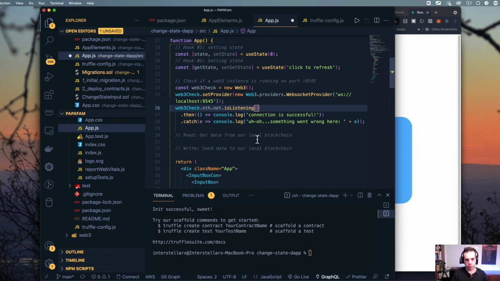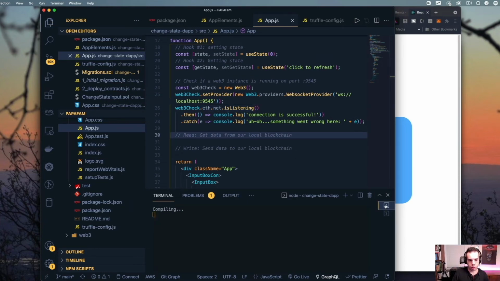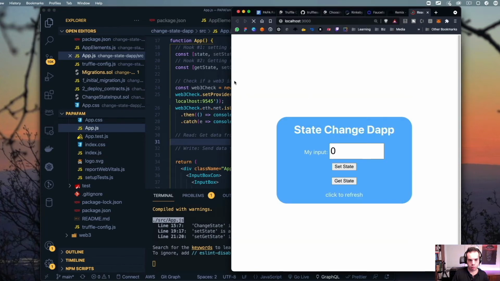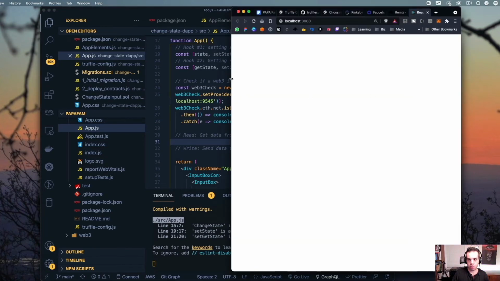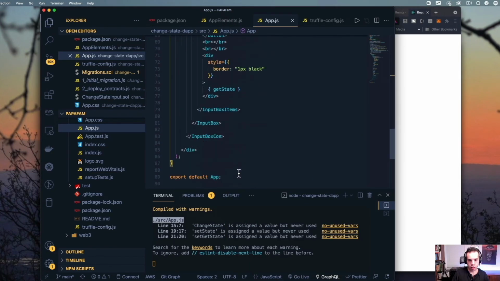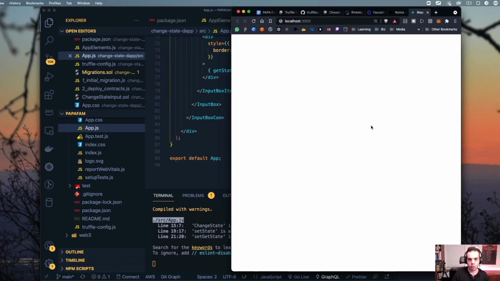So actually, if we were to save this right now, let's see if we're able to get this spun up. It might take a little bit of time for it to recognize what the Web3 instance is because we haven't used it yet. It's going to reload our application.